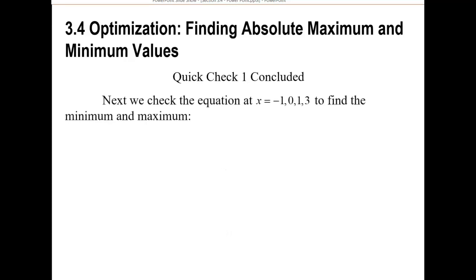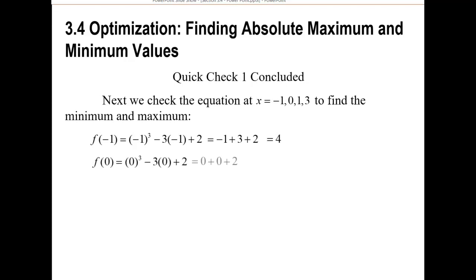All right, next we're going to take the endpoints of the interval, which were 0 and 3, along with our critical values. Now notice one of these critical values, negative 1, lands outside of the interval, so I really didn't even need to list this one because I'm only looking for what happens in between the 0 and the 3, but they went ahead and listed it, but you could have omitted that. They went ahead and found it and got 4. f of 0, 2, f of 1, 0, and f of 3,